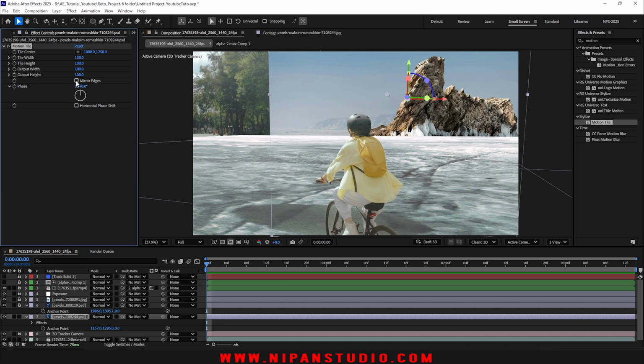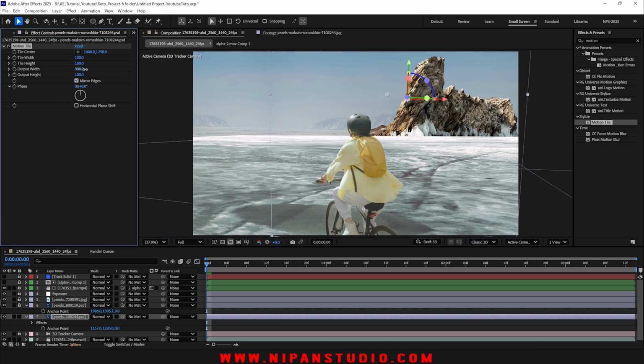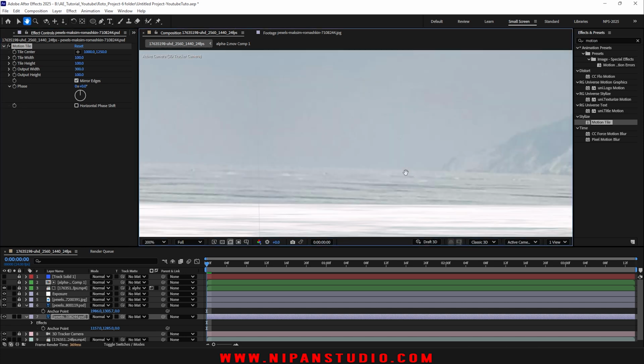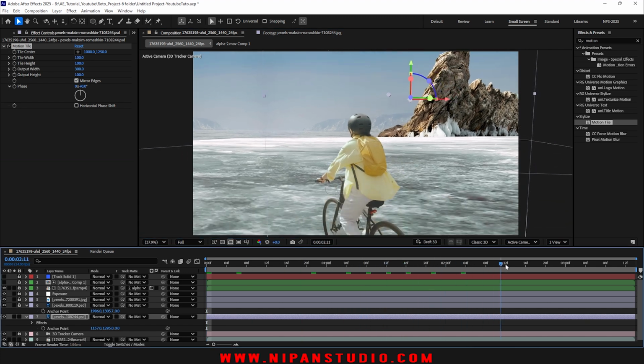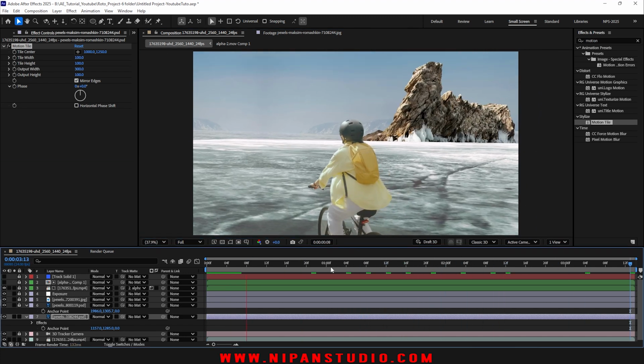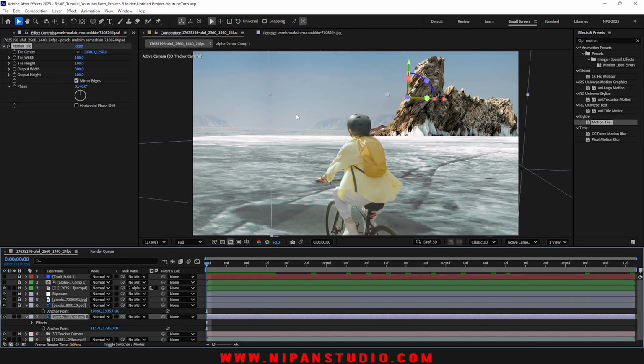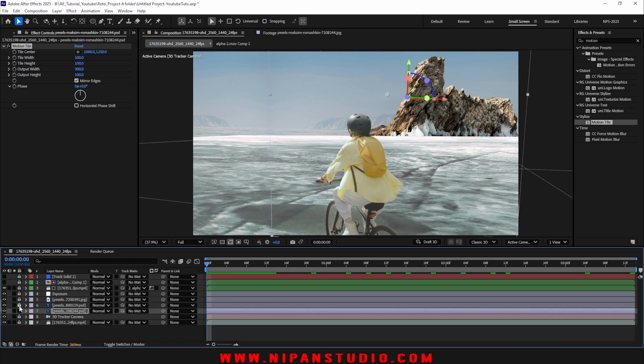So click on mirror edges, and then expand the width. There you go. It might look a little strange, but I hope nobody will notice. Something like this. This is looking good. Now let's do some fun things, which is,